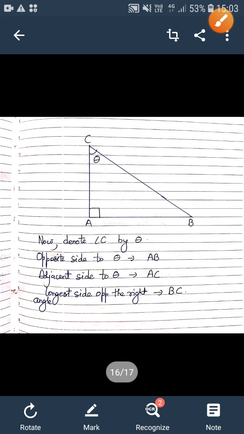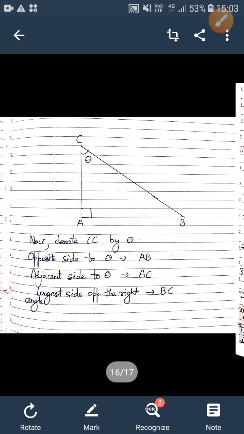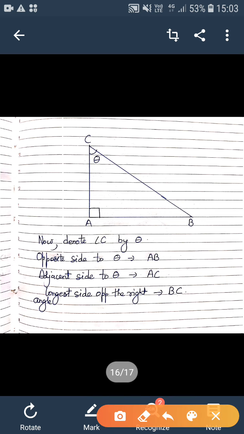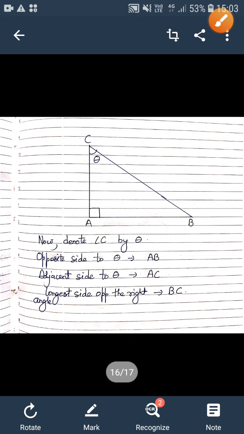Now if we denote angle C by theta, then what will happen? The names of the opposite side and adjacent side will change. How? Because now the side facing the angle theta is AB, so it is the opposite side. The adjacent side, the side attached to it other than the hypotenuse, is AC. And the longest side opposite the right angle is BC. These few basics we'll be using when we form the right triangles and want to find out the